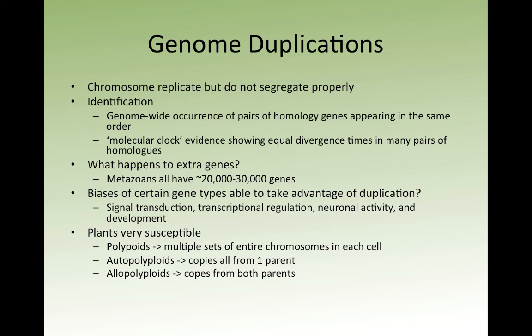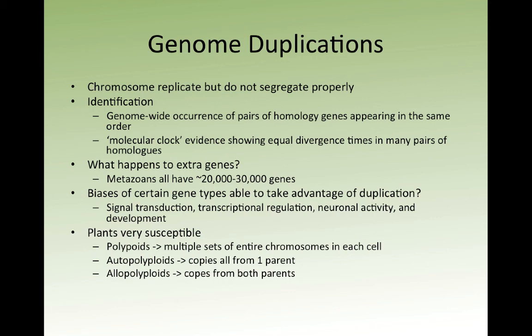So finally, let's talk about the idea of genome duplications. We've talked about looking at things at the individual level, at the gene level, at the block level. Now let's think about the whole chromosome. So basically, genome duplications happen when chromosomes replicate, but they don't segregate properly. And so you end up with multiple copies of a genome in a cell as it's trying to